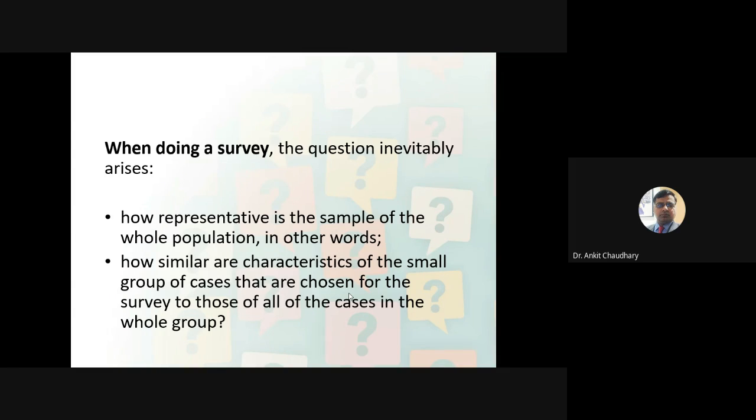This is where we call randomness or probability based regions. If we have a big population and we have to make a really good sampling,